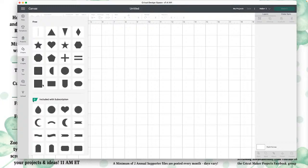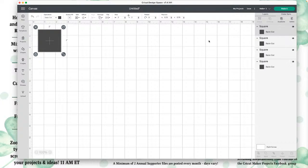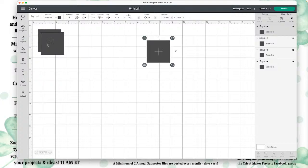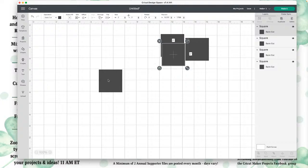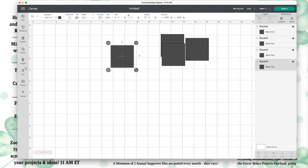So, let's go in. And the first thing you're going to do is you're going to start with your card base. So you're going to go to Shapes. And we're going to grab a square. Okay? And I'm just going to duplicate it a couple of times, just in case. Because we're going to need a couple of them. So we have a few. I'm just going to slide them over to the side. Alright, so we've got our squares. You're also going to need...